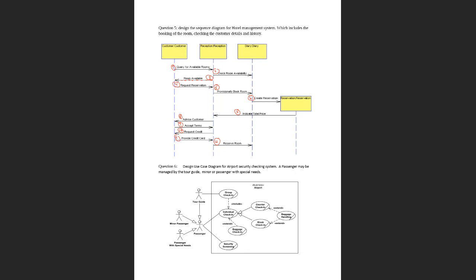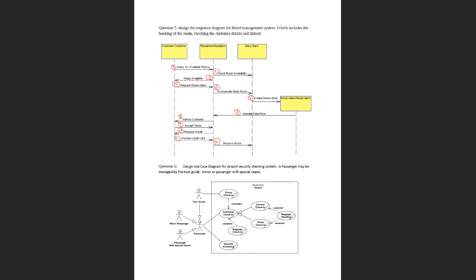You see, message 3 is a reply, because it's a direct query for room availability. Yes, the room is available. But for the request for reservation, what is the response? There is not only one response. There is a sequence of things which happens for doing the reservation. So there is no single message. That's why we don't write a reply message. We show all of them as messages.